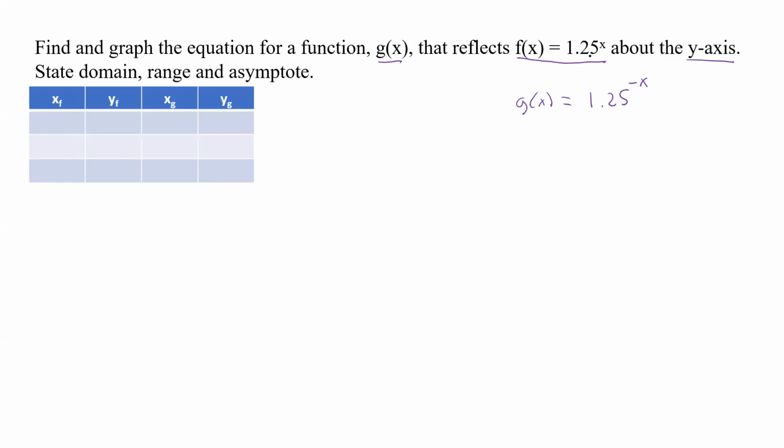So if we plug in a 0 for the original f, what we get out is 1. Okay. Now if we plug in a 0 here, what do we get out? Well, guess what? We get a 1 as well. Okay. Now let's plug in x is equal to 1 and maybe, I don't know, 2, just to make it simple. So if we plug in a 1 here,